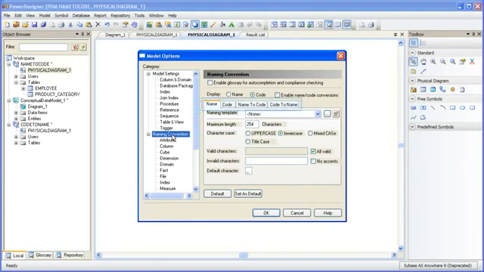Now across the top there are several tabs. There's a name tab and there's a code tab. The name and code tabs here let us set length as well as specific cases. We can use uppercase and lowercase. The code tab actually has an additional case called camel case that you can set. And you can also set what characters you might not want to allow in the naming. For instance, special purpose characters like